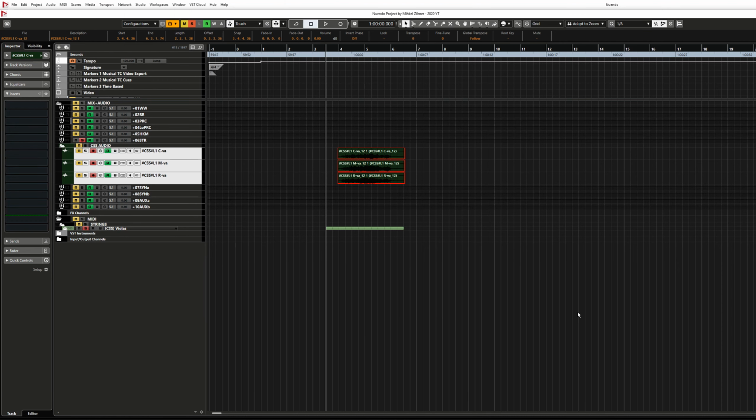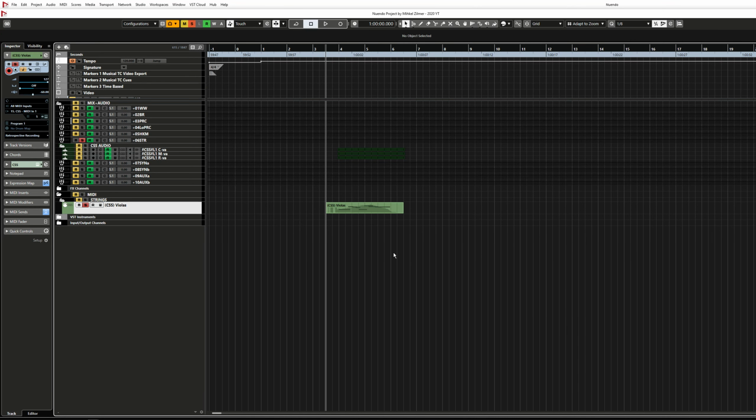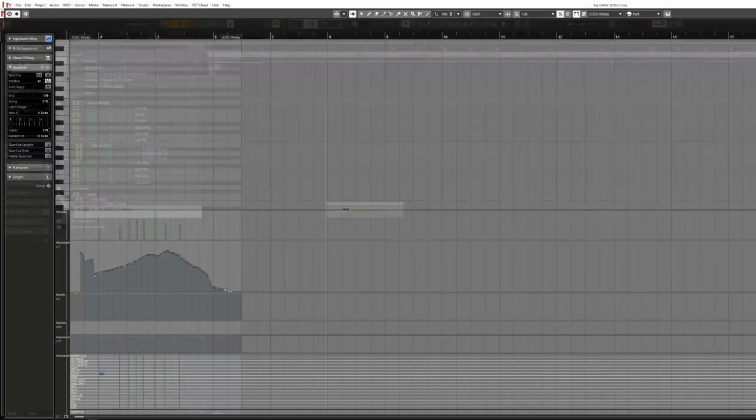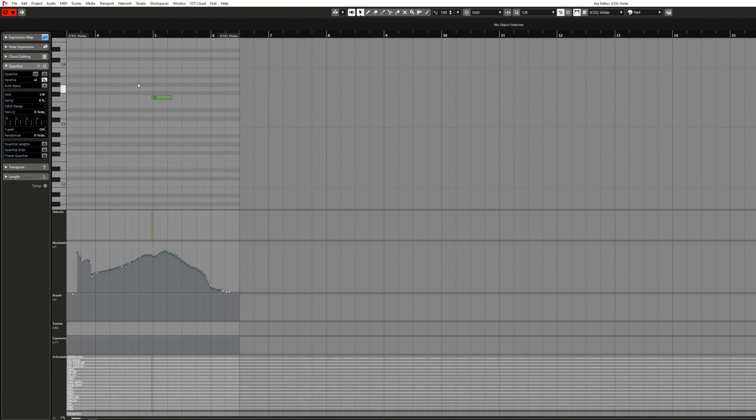In my template, I've only got one MIDI track with all the articulations in the same track, and I'm using expression maps. What I do is I've got some macros set up that let me duplicate and rename the MIDI tracks in case I want to add extra layers. So I'm just triggering the macro now, and a new MIDI track gets added and renamed to CSS-L2 for layer 2. Next I'm going to delete all the other notes and just leave the top F in this layer